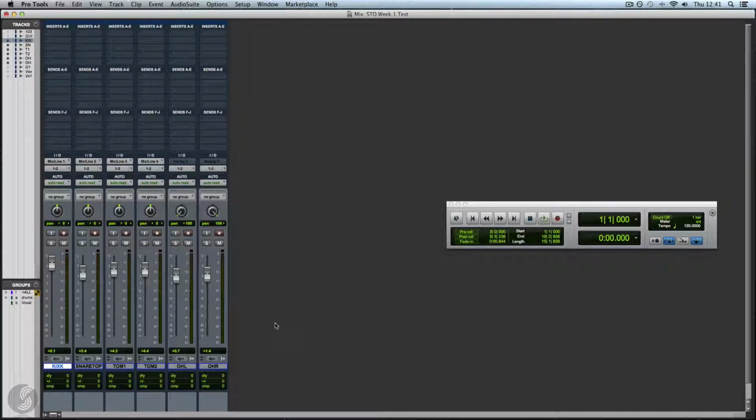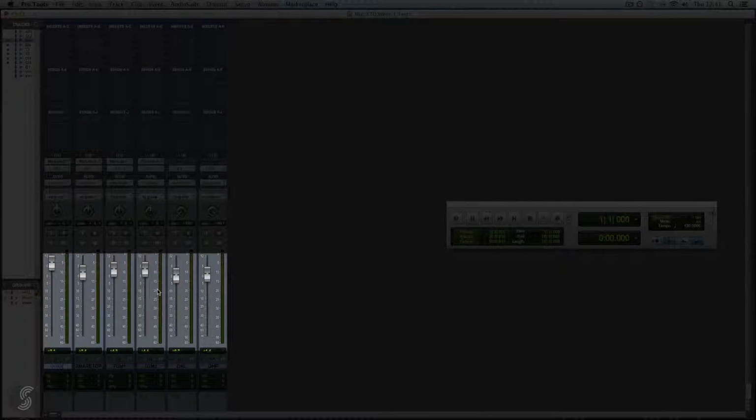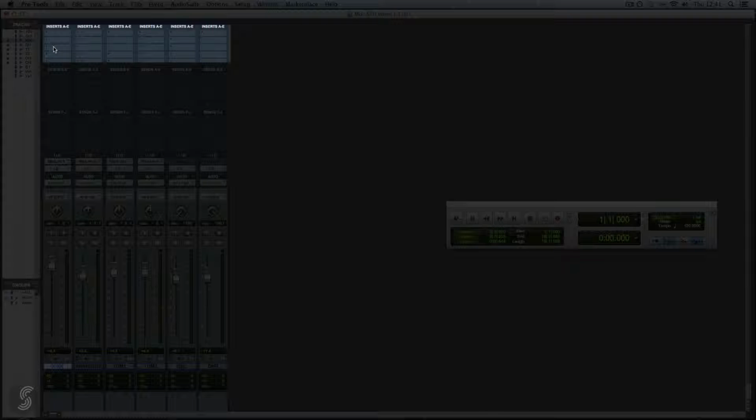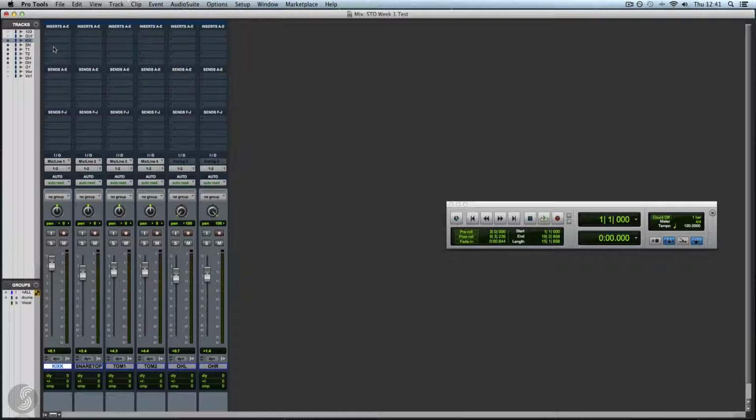So in the edit window, I can see all my audio clips playing back from left to right. But in the mix window, I have the control to adjust their level, to add signal processing and effects, or whatever I might need to mix the song. So the mixer in Pro Tools behaves very much like an analog mixer in the real world, in that we have volume faders, we have pan pots, we have insert points for inserting signal processors such as compression, equalization, noise